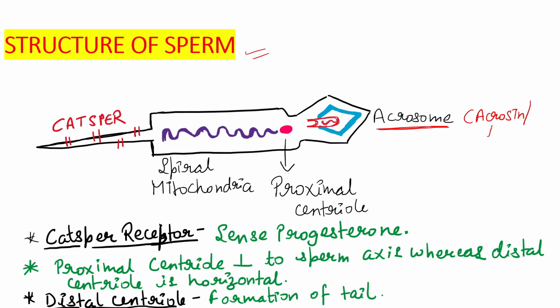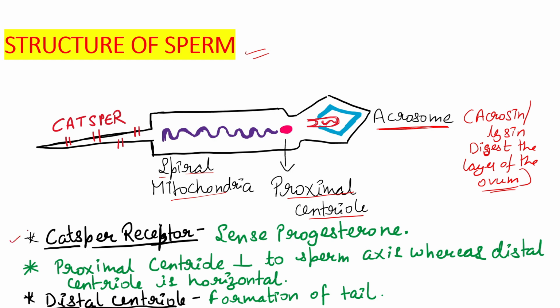or lysine, which will digest the layer of the ovum, right? That is the zona pellucida. This is the proximal centriole, and this is the mitochondria, which is a spiral mitochondria, and these are Csir